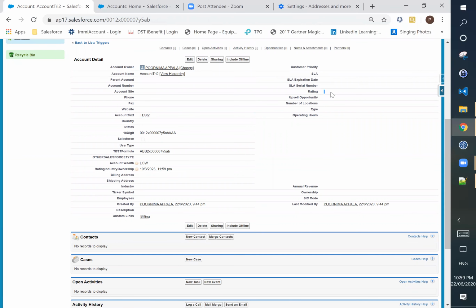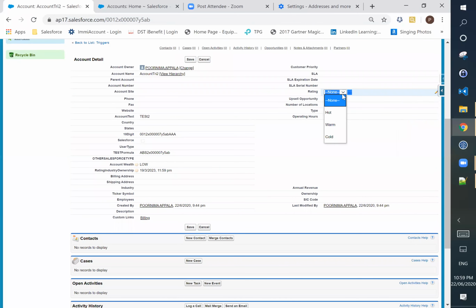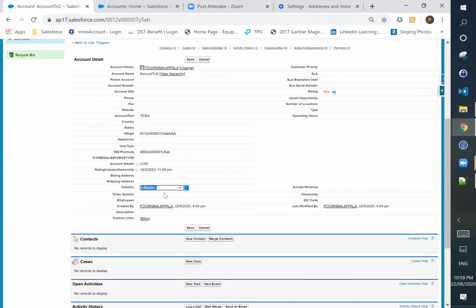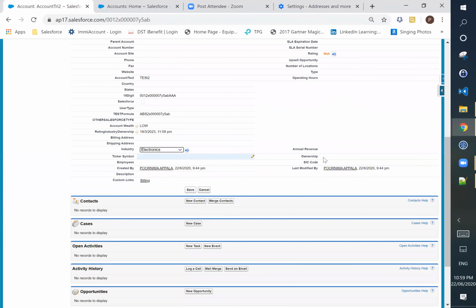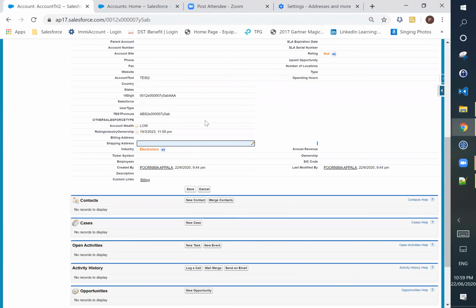Rating. Hot. And else? Address. Shipping address. Shipping address only?